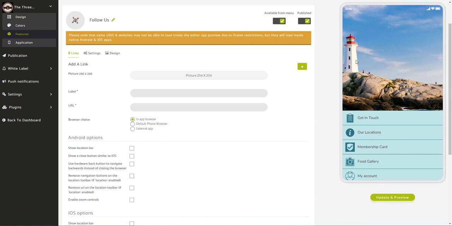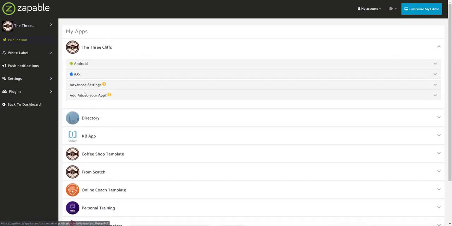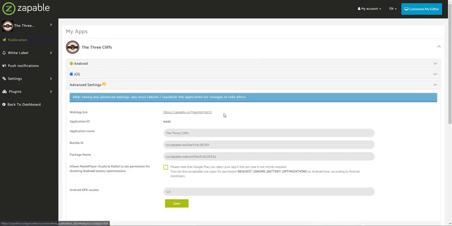Now, to share this application with your users, or with the potential businesses, initially you can just share from the publication screen. You've got a web link, so if I go to the 3 Cliffs here and expand and go to advanced settings, you've got a web app link here that you can send to the user. Or what you can do is create something like